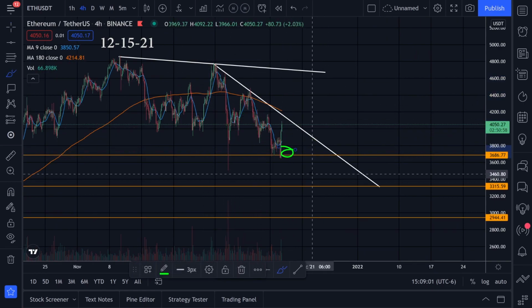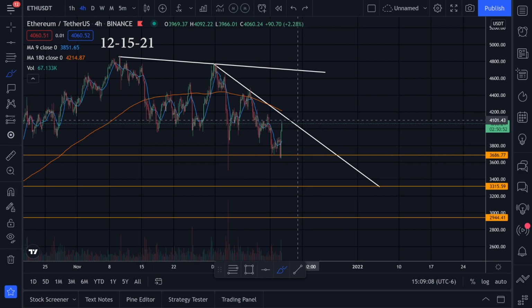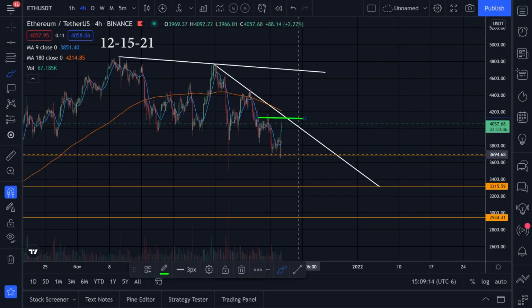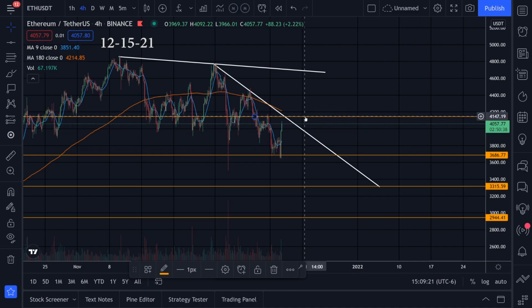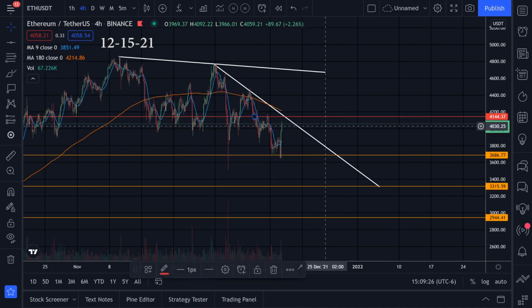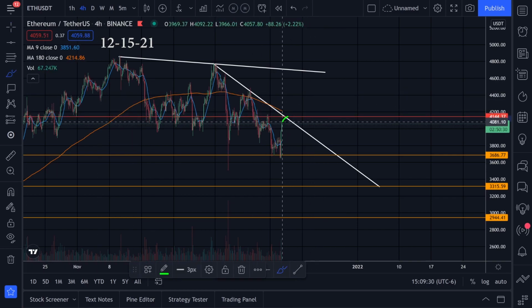I'm watching these Fibonacci retracement levels until we break up. And I'm kind of watching this level right here. This one was another one. This one is sitting at around 4,100, I guess. Let's do a red line right here. Let's do another horizontal line right here, and we'll put this one possibly red, in my opinion. Let's see if we could break above this one or if we're going to get rejected right here.